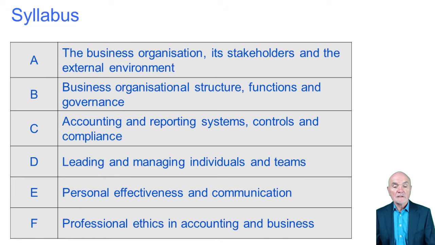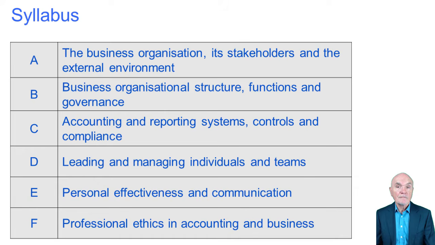The different functions in a business. Typically, businesses are broken up into finance and accounting, sales and marketing, production, human resources, and this is a convenient way very often in which to organize the functions of your business so you get a degree of expertise within each of these departments.